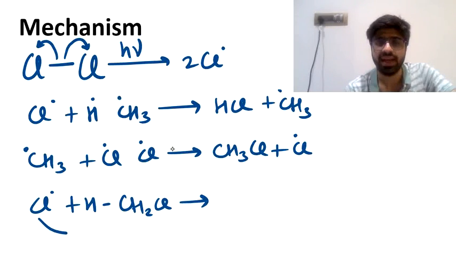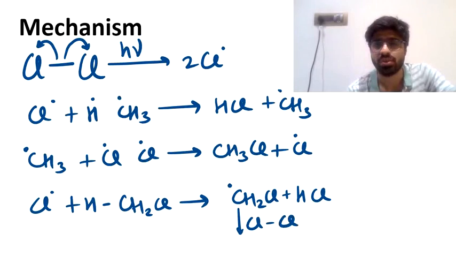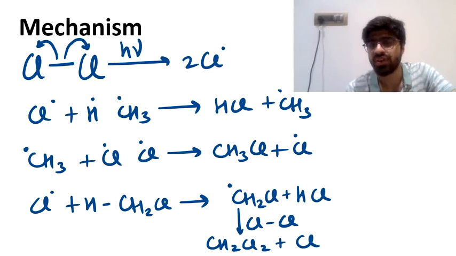Now after chlorine attacks the methyl chloride molecule, it can take away hydrogen from there, forming HCl, and the free radical getting formed is of CH2Cl. The free radical is with carbon, so we will mark it here on the carbon atom, and that CH2Cl free radical can attack another chlorine molecule, another Cl2 molecule. It can break the bond of chlorine, and by taking one chlorine along with it, it will form CH2Cl2, but it will in turn generate a chlorine free radical.